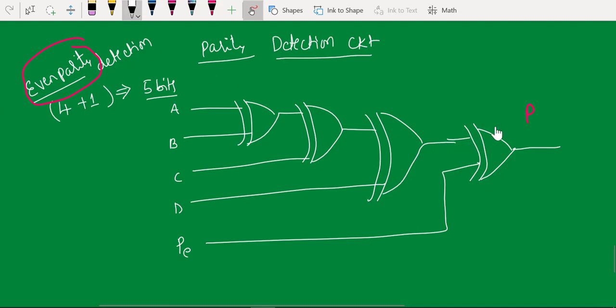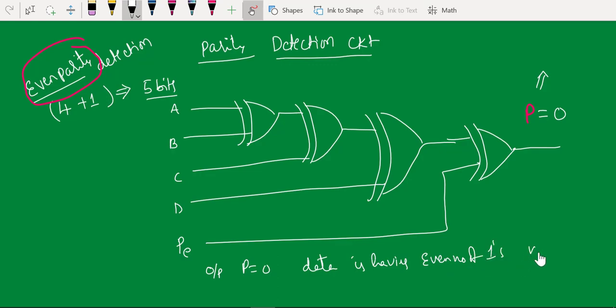In case of even parity, if the output P is 0, that means your data is having even number of ones. That means no error. Please remember this statement.